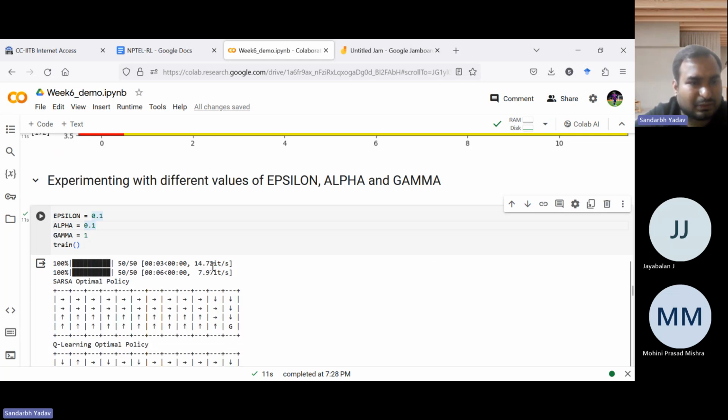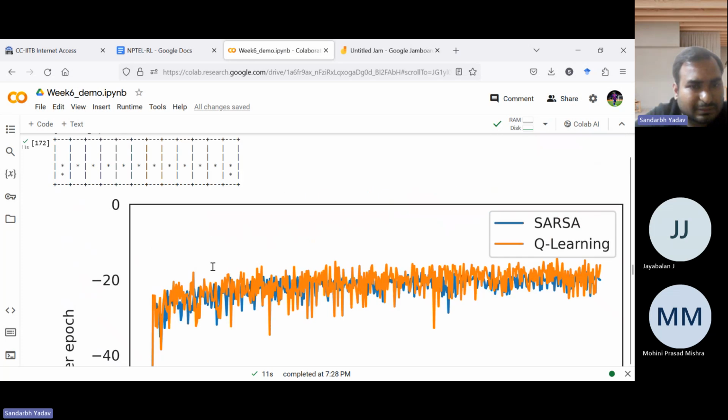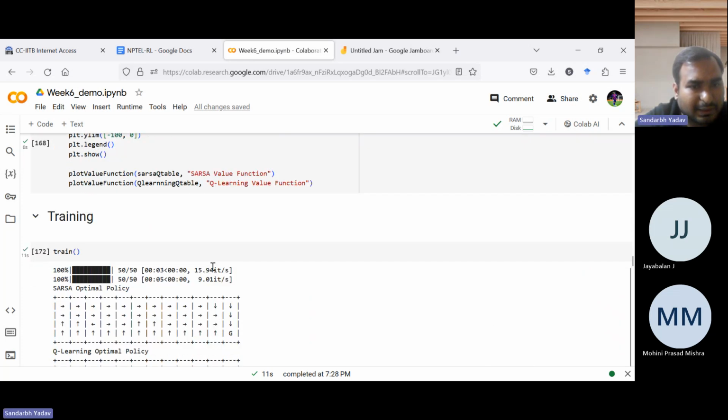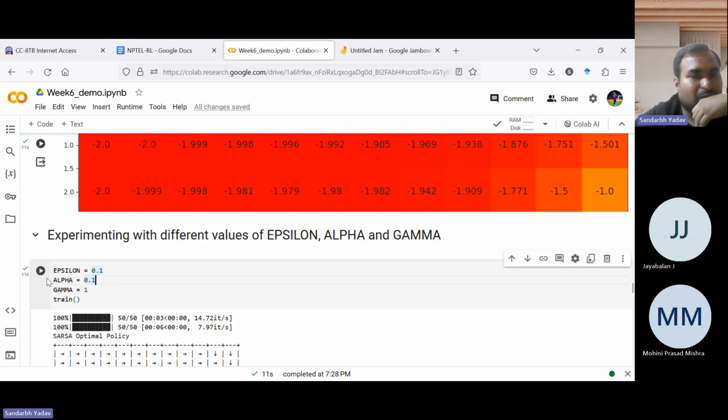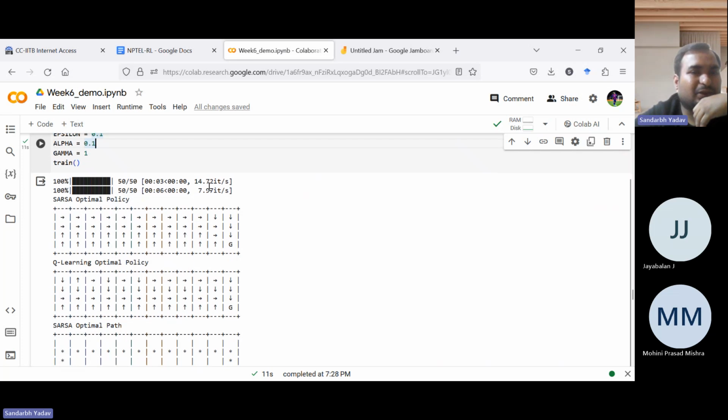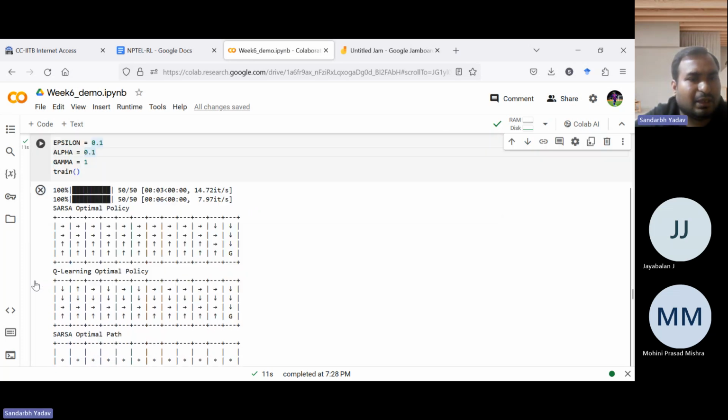Here you can see it took 14 seconds something, and it took 15. So in 1 second we are able to do 15 iterations and 9 iterations, so more iterations if we use the learning rate of 0.5. But here we are becoming slower, right? Slower in the sense that we are doing fewer iterations in the same time, 1 second. So this is slower.